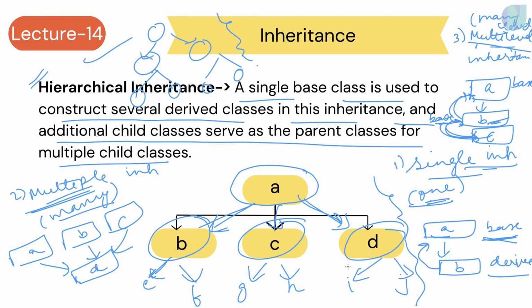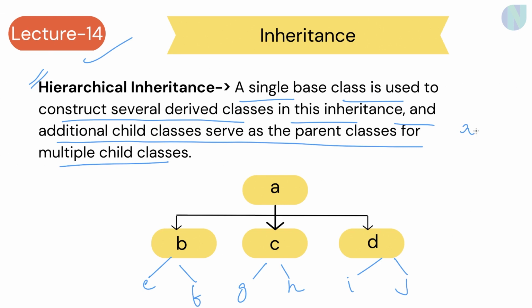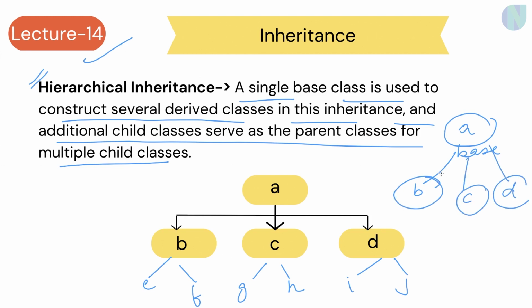So you can see that here there is a class A, then class B, class C, class D, class E, F, G, H, I, J. Now coming to the classes, they are acting according to their derived classes. Now consider A. A is a base class. Now B, C, and D all are inheriting properties from A. So these are now derived classes.